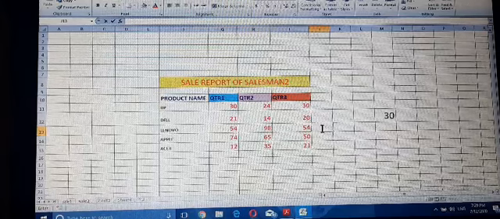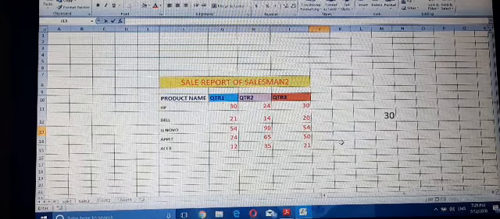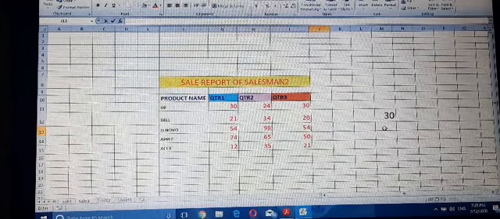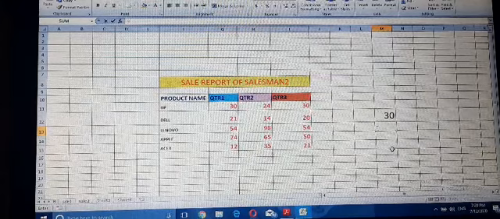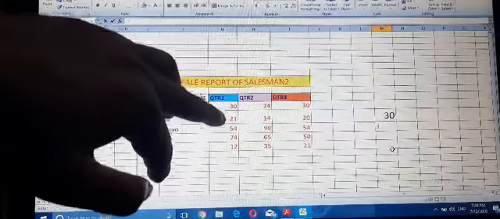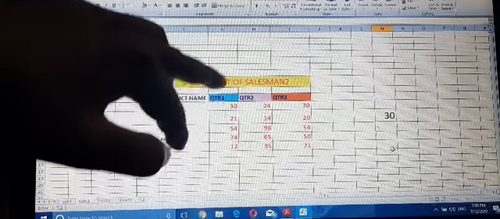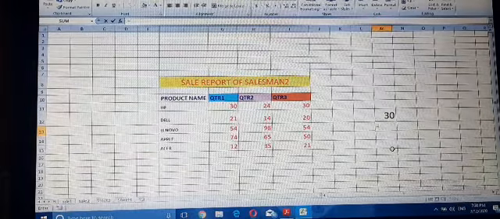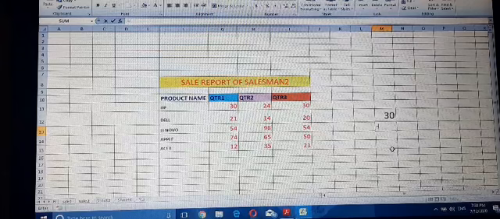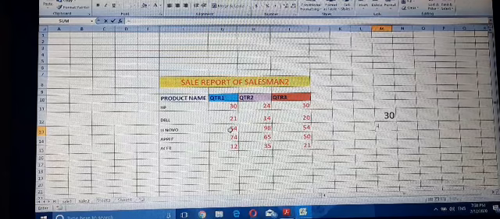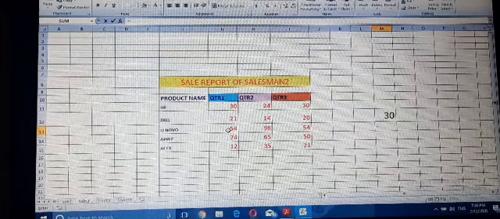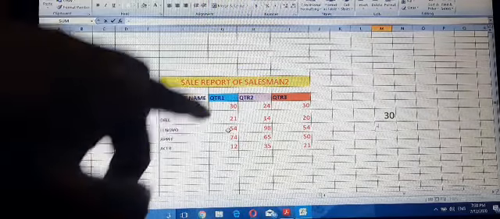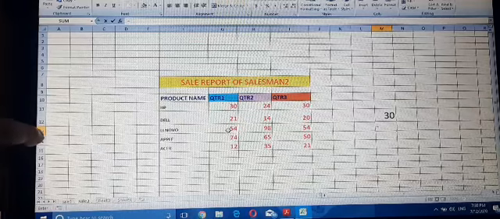The second option is that we can also link using the keyboard. Select the cell, enter the equal to sign, and then enter the address of the source cell. Suppose I want to link 54 with this cell, then the cell address is G13.